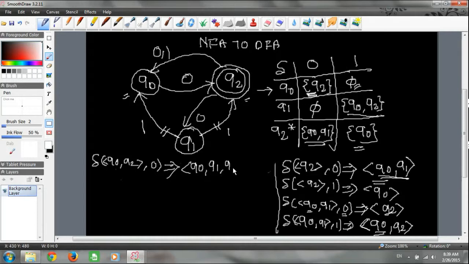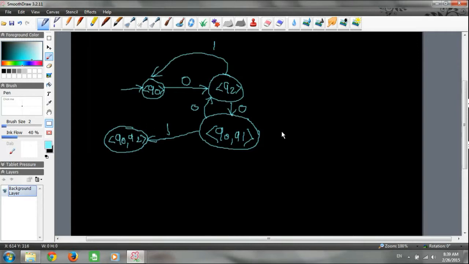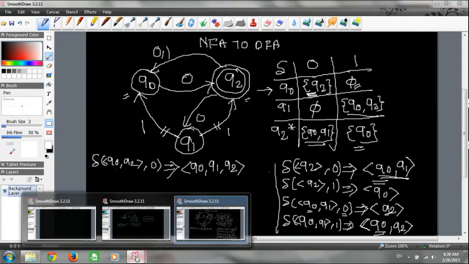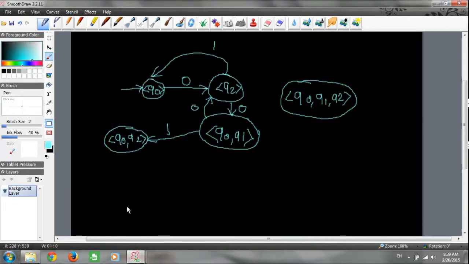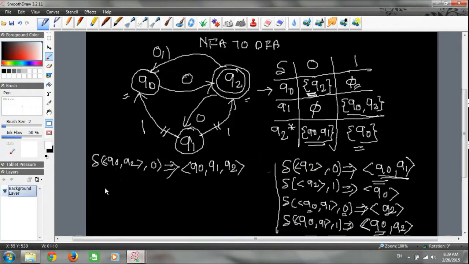Check whether this state is there in our DFA. It's not there, so we need to add it as a new state, and add the transition: Q0, Q2 on 0 goes to this particular state. That's fine. Just systematically follow all steps.